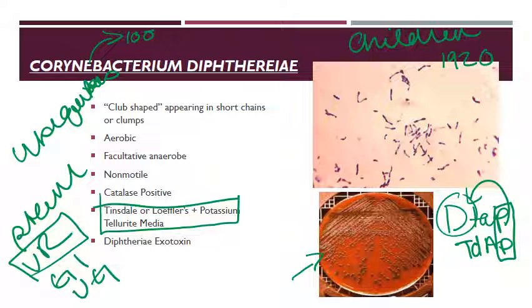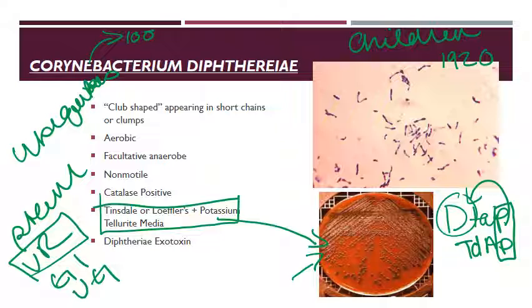Your mouth is a cesspool of bacteria. There are so many bacteria in there, and some of them cause diseases sometimes when they overgrow. And Corynebacterium diphtheriae might get outgrown faster by something else that's more prevalent in your mouth. So using this selective media makes it more likely that you'll recognize this pathogen from specimens where other organisms are